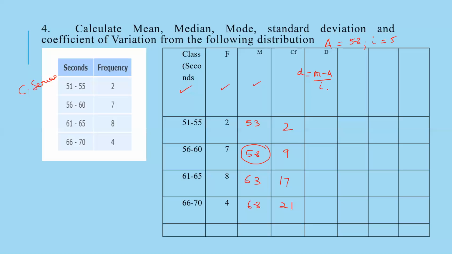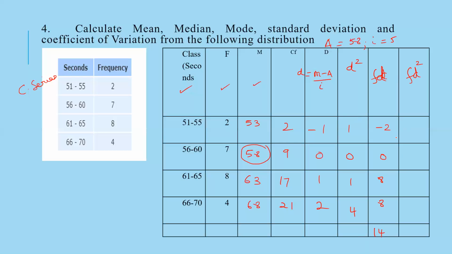So using this formula, we are now going to calculate the values of deviation. And we find that the values of deviation are going to be -1, 0, 1, and 2. So once you have D, next we'll calculate D squared. So it is just 1, 0, 1, and 4. Then we'll calculate FD, and then F into D squared. So you have F, you have D. So this is going to be -2, 0, 8, 8, and the total of FD is going to be 14,